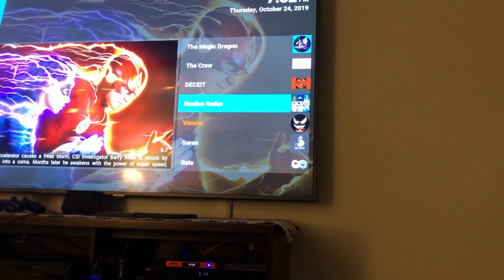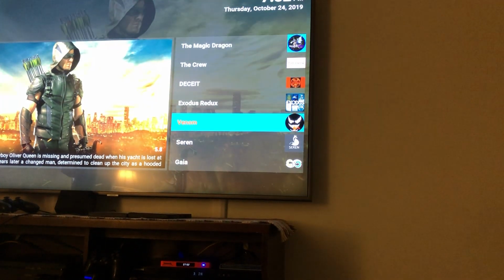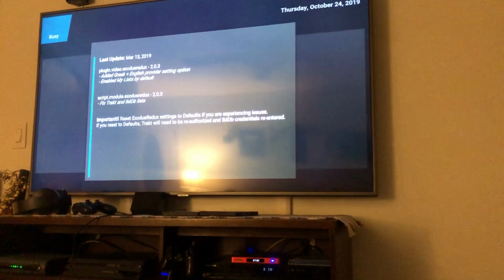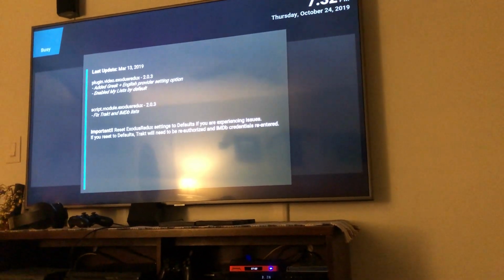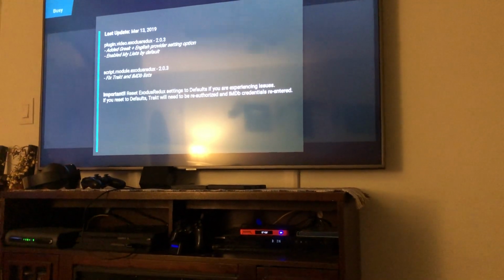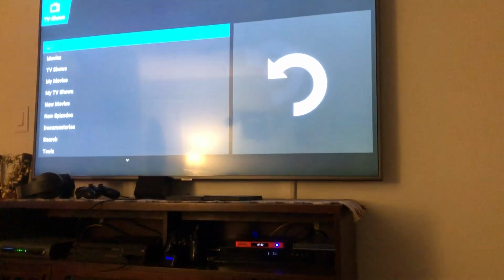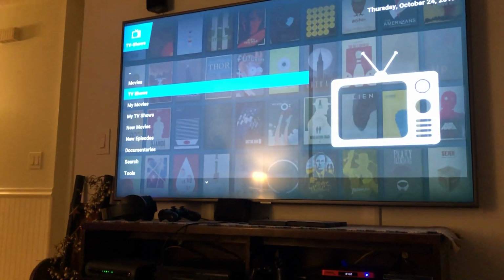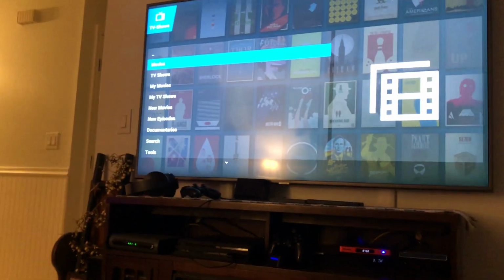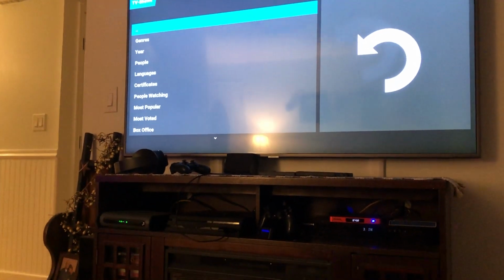My two favorites are Exodus Redux and Venom. So if you go on Exodus, you're going to open it up, and it may give you a message the first time you open it. Once the box is new, just click your return or back button on your remote. It'll pull it up, and then you have an option: movies or TV shows. So I'm going to show you the movies section first. So if you go into movies,